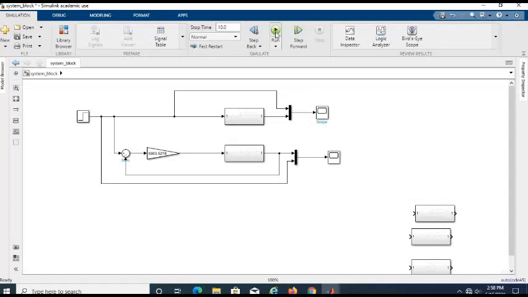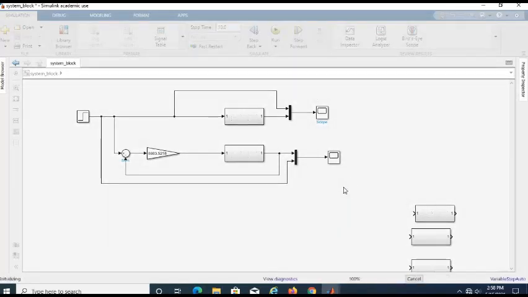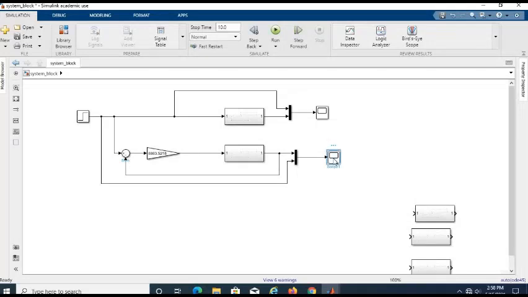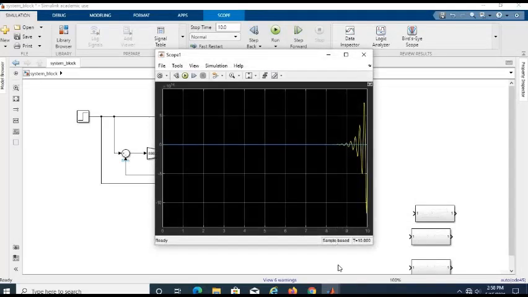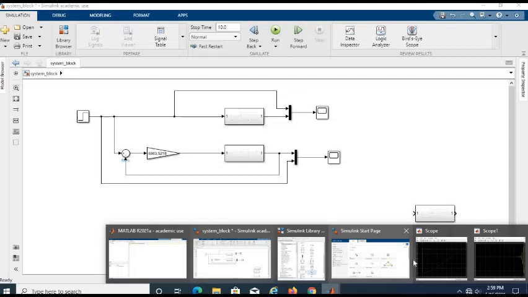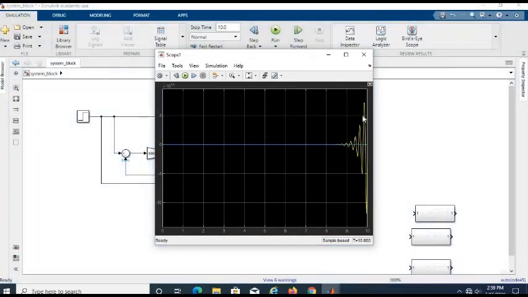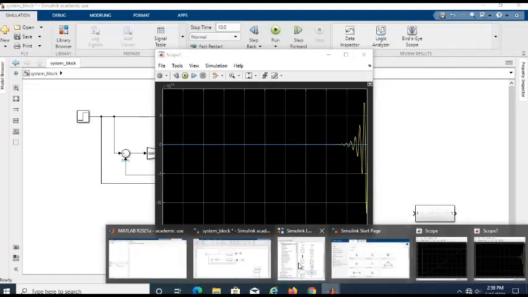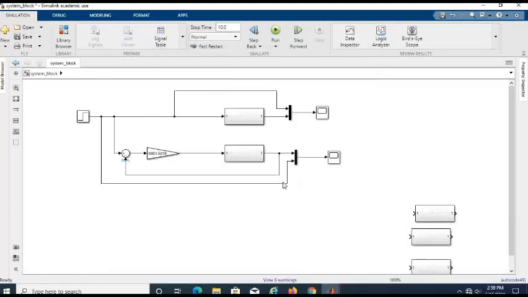Okay, now we can simulate it again. We can show the result. This is the result. Because the response is higher than the input, it is difficult to differentiate, and maybe it's not best if we use it.